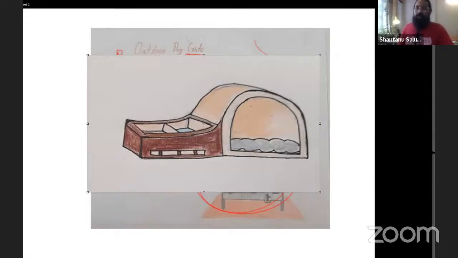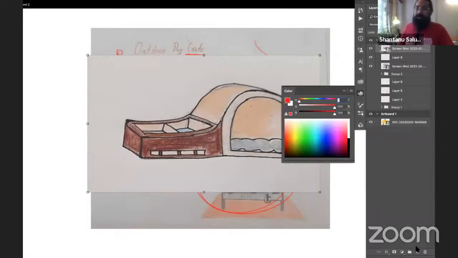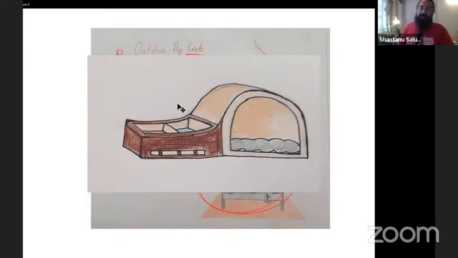Okay. So I think this is a very interesting approach somebody has tried to work on. A very interesting kind of concept. I would just say it is a very nice and interesting approach. Probably just get on with the proper drawing, like how it is. Inside it would probably be a little darker, right? So probably just try to show